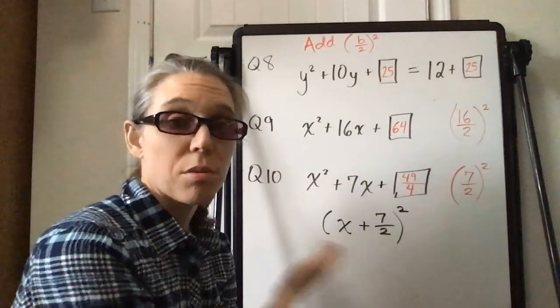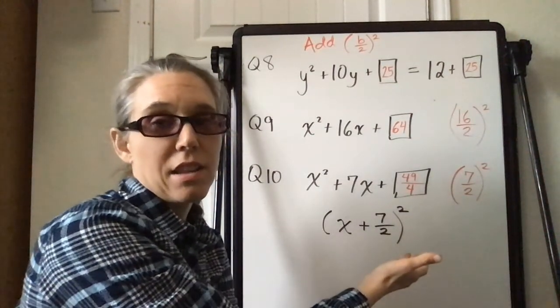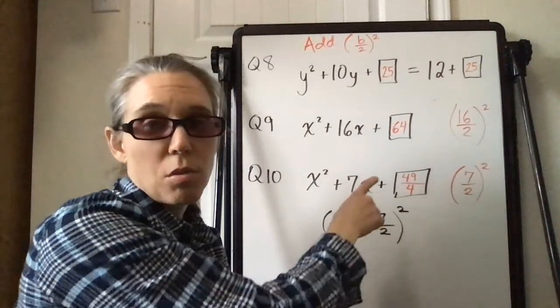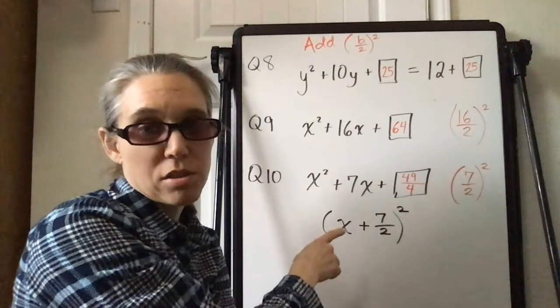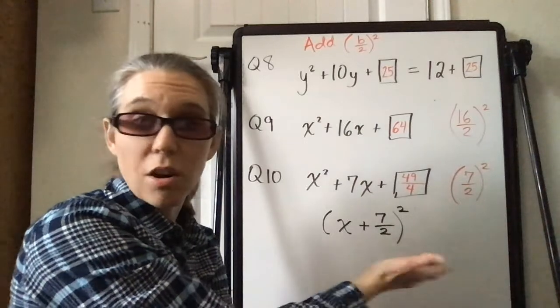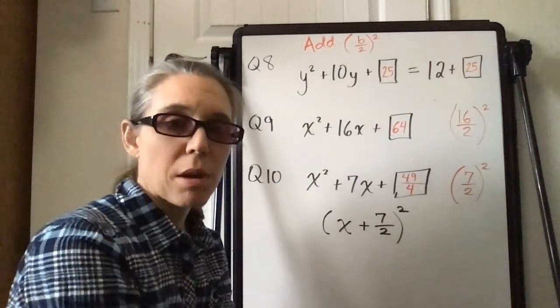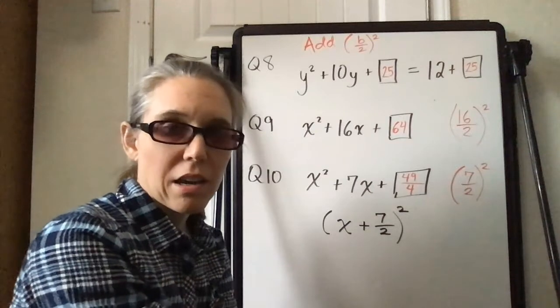Question 10 doesn't actually require you to factor it. I just wanted to show you how to factor in the event that you do need to factor when you have a fraction here. Remember, just use the formula x plus b over 2, and then you already have your factorization. Okay, so then there are a couple more problems on MyOpenMath that follow, but they go through the steps